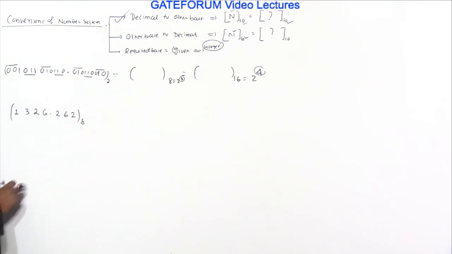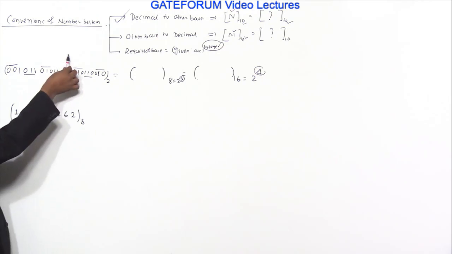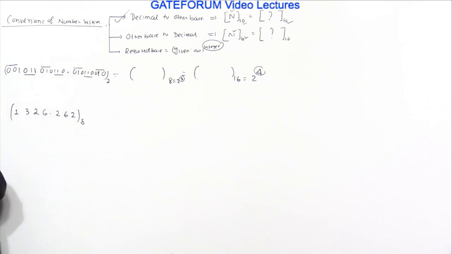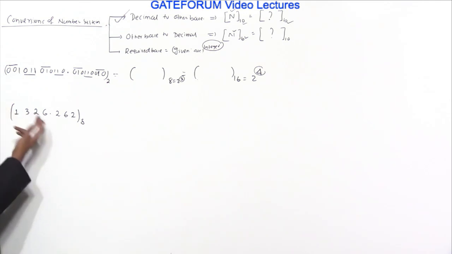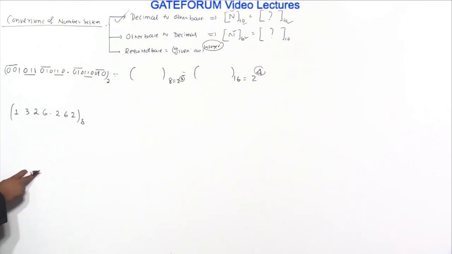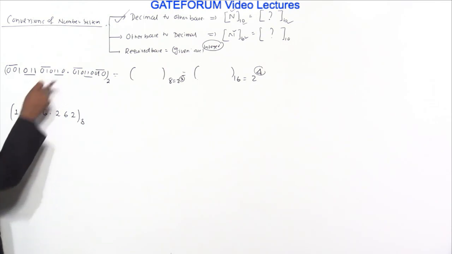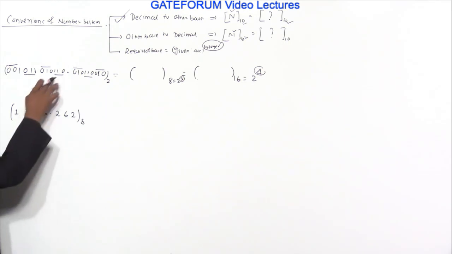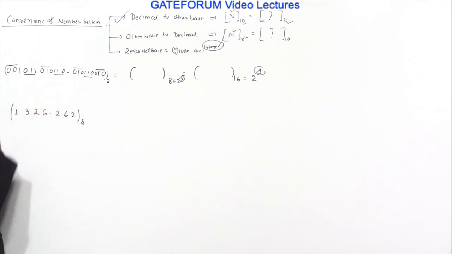So we have grouped the binary digits by taking this point as a reference, to the left and right. We did 3 bits, and then we replaced each group by its corresponding equivalent. In fact, this is not the decimal equivalent; it is correct to say these are the octal equivalents. However, the decimal equivalent and the octal equivalent happen to be the same. That's why there is nothing wrong, if you understand the concept, in saying the decimal equivalent or the octal equivalent of this group is 6.